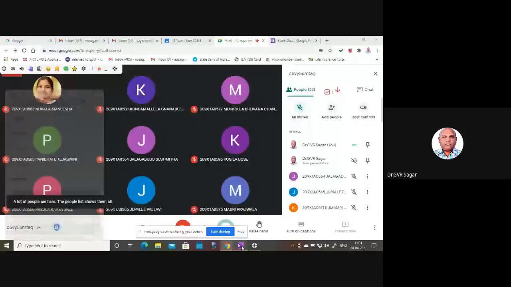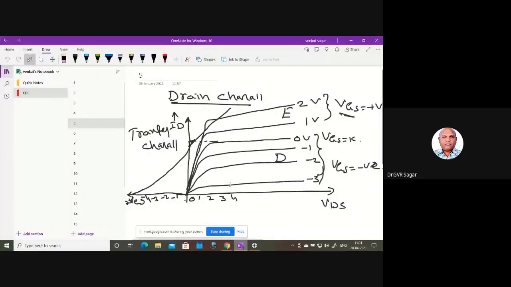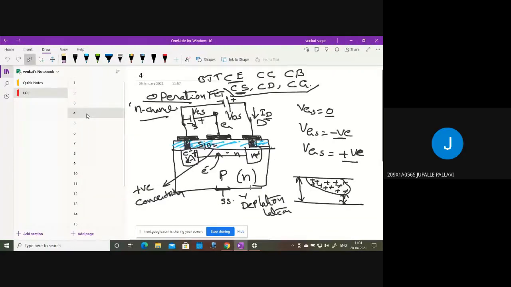D MOSFET. Are you looking at the screen? Yes, sir. Last class, I think we went through the D MOSFET already. The D MOSFET consisting of